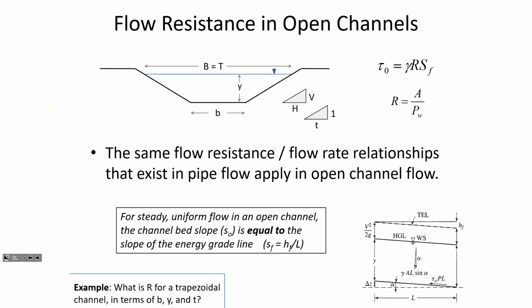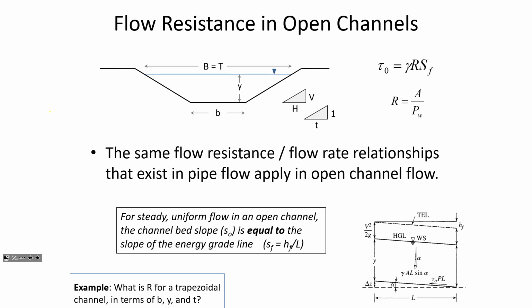Remember, the definition of hydraulic radius is area divided by wetted perimeter. Some books will just call the hydraulic radius R, and some books call it R sub H for radius hydraulic. So I may accidentally put R sub H sometime when I'm writing on the board just because I've used so many books that use that notation. But the hydraulic radius is the area divided by the wetted perimeter. Sometimes they'll say P sub W, wetted perimeter, but it just means wetted perimeter. All right, so the area,